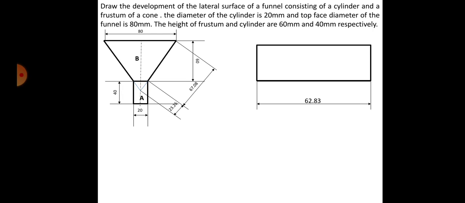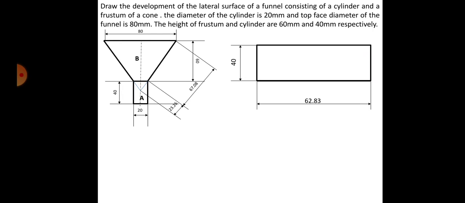It's pretty simple, because the cylinder has not been cut into any portion. Then it becomes difficult, and you also have those questions. Let's say in this case it is not there, but if you imagine there was a section plane cutting the cylinder at an angle of 45 degrees, then you will get a different shape like this. Here it will cut like this, and you will get different points. You can try those problems also in the sketchbook. But anyway, in this case it's just the full cylinder and they've just asked you to open it because it's a funnel. So the cylinder is not cut, only the cone is being cut.